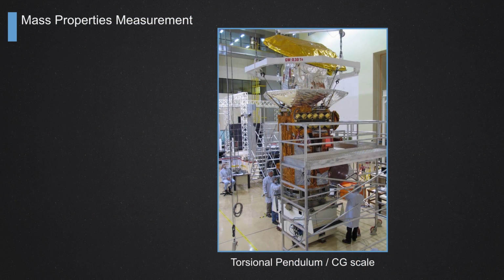Here's a picture of a mass properties measurement of a satellite from NASA in Argentina, CONAE, during a test in the laboratory. Here it is set on top of a torsional pendulum in a center of gravity scale. So we get measurements from this scale here to give to the guys of the launch vehicle to get the proper orbit of the spacecraft. This is just an example of doing the measurements.